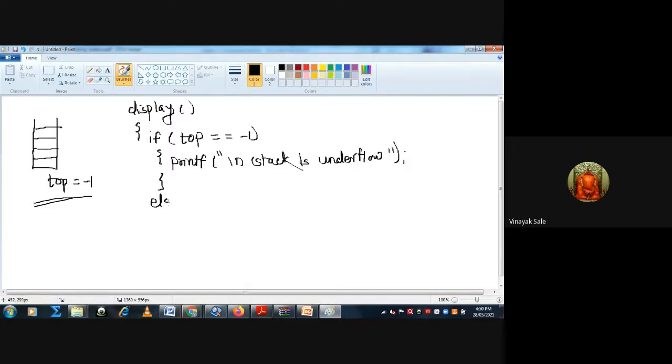Else, if it is not underflow, that is, there are some elements present in this stack, and top is here, top is equal to 2. Then you should display the elements one by one.